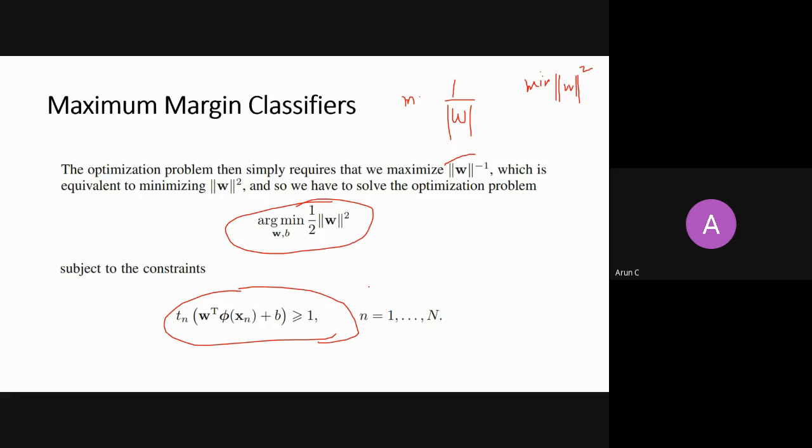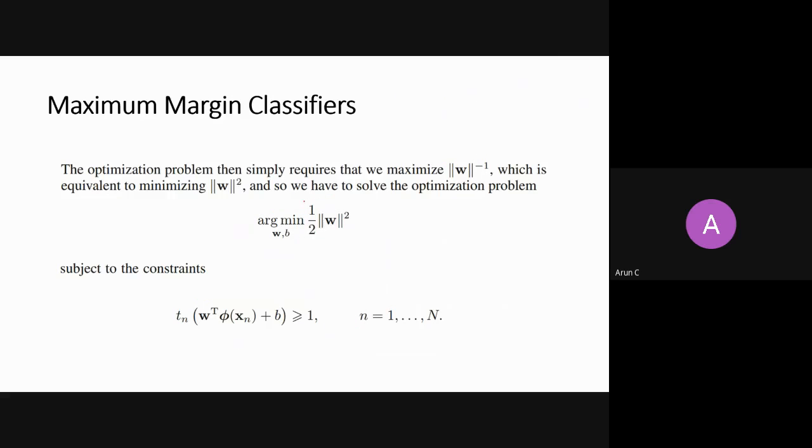Fine. So now I want to minimize this norm, and this 1/2 comes here just to make things simple, right? If you remove this 1/2, the solution will still not be affected. It is a scaled version, right? I hope by now you are making sense of all this, because when you take the derivative of this norm of W square, this 2 will get cancelled with this 1/2. This is all just to make it convenient. So now I want to minimize this. This is my objective function. I want to minimize this over W, right?